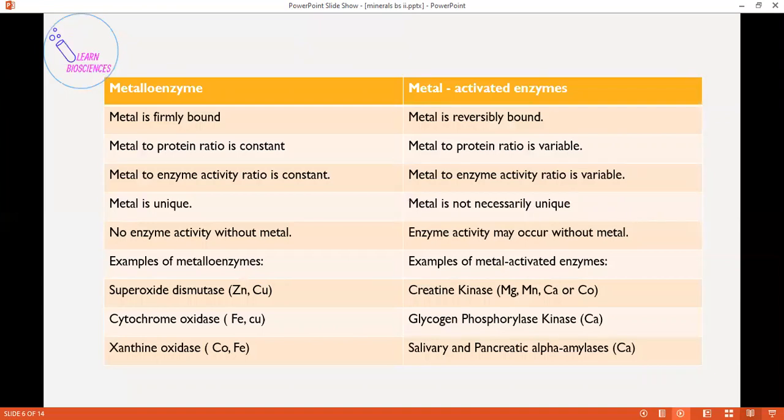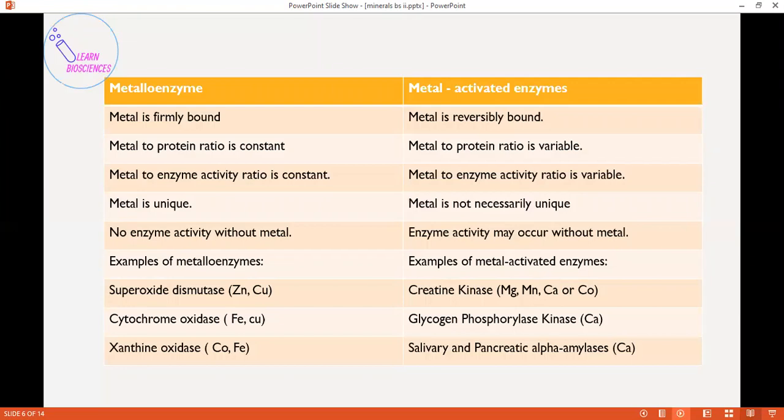So here we have a short description about metalloenzymes and metal-activated enzymes. Like we have talked about, minerals are attached as a ligand or as a cofactor with enzymes in order to potentiate their working. So for metalloenzymes and metal-activated enzymes, the main difference is that